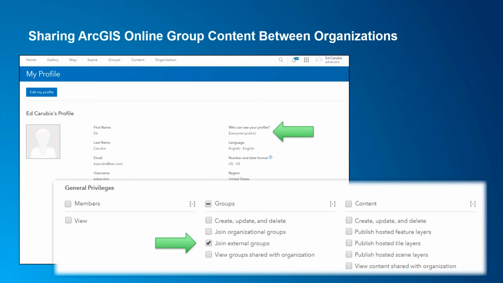So again, I wanted to cover this component because it's likely that many of you who are starting to exchange content between your organizations might be utilizing ArcGIS Online to ArcGIS Online group content sharing.